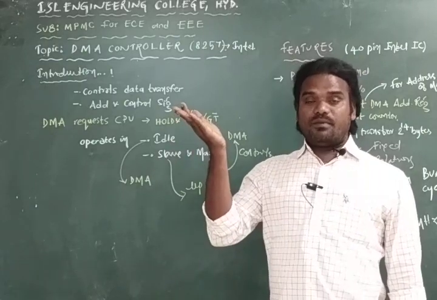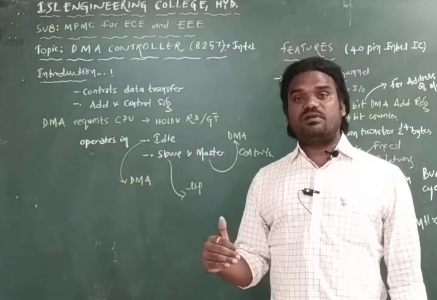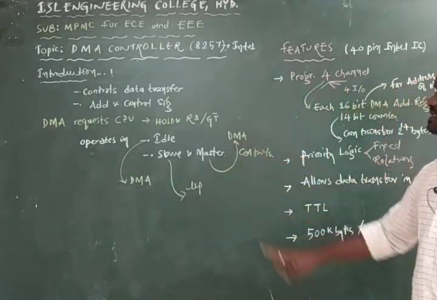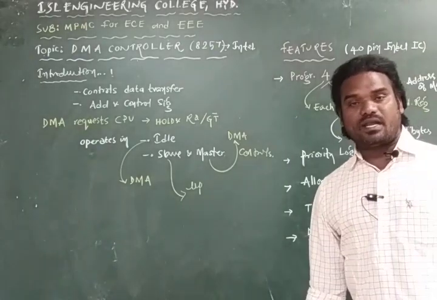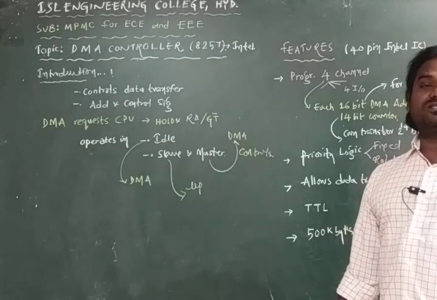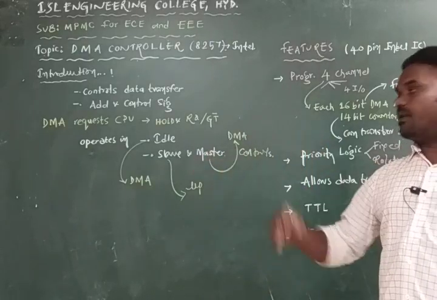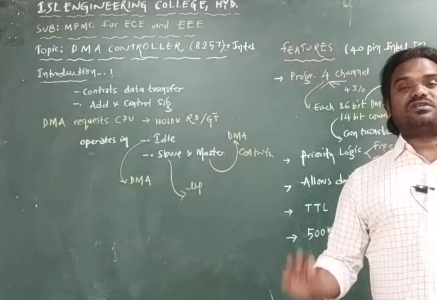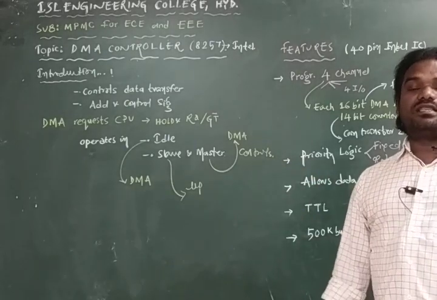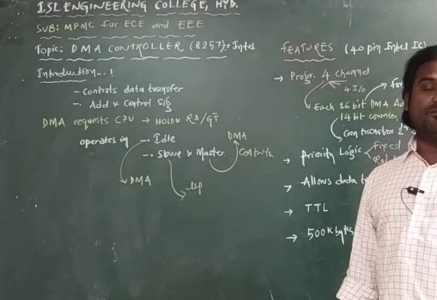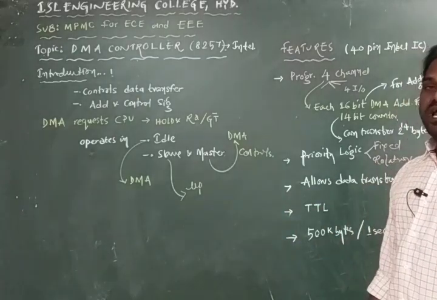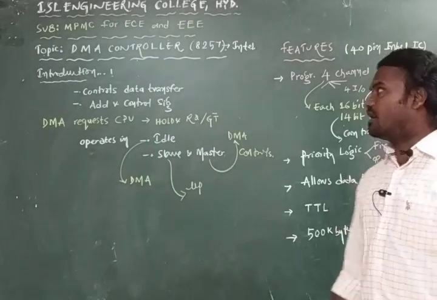Whenever the DMA controller borrows the system bus from the microprocessor, that state is named the master state, so the DMA controller can operate in 3 states. The first state is the idle state, that means the processor is not going to make use of the DMA controller. Slave state is where the processor initializes the DMA controller. In the master state, the DMA controller has complete authority on the system bus, that includes the data bus, address bus, and the control bus.